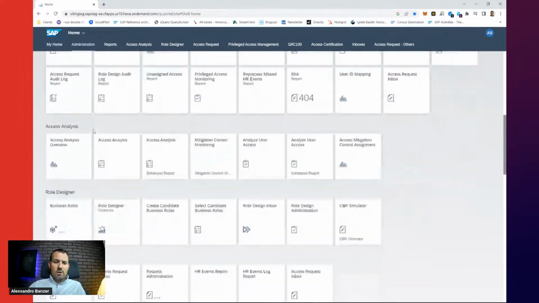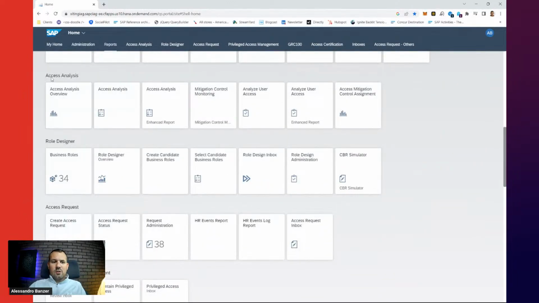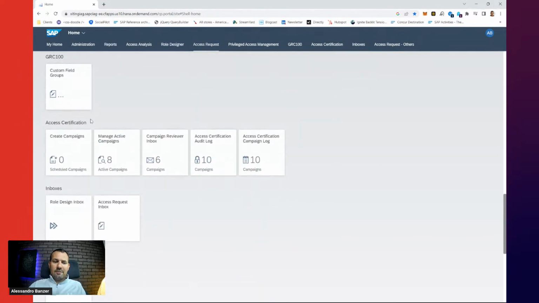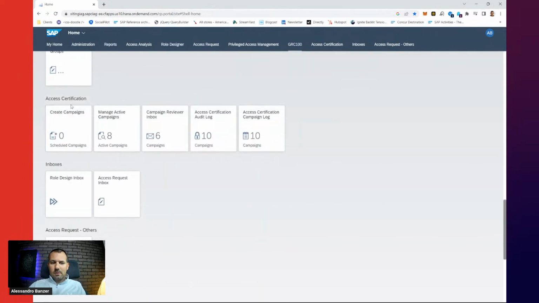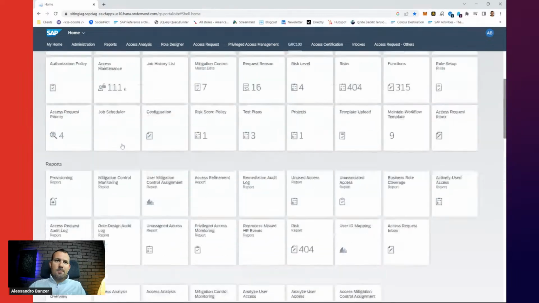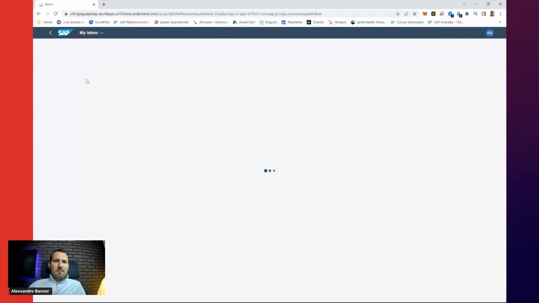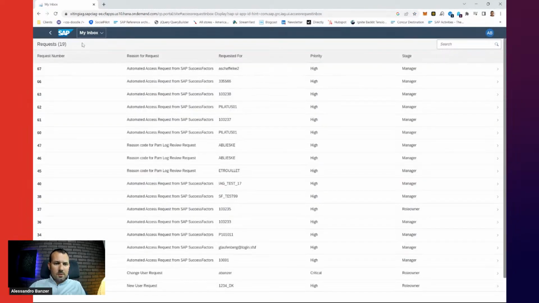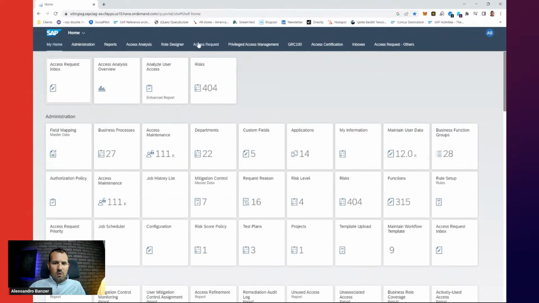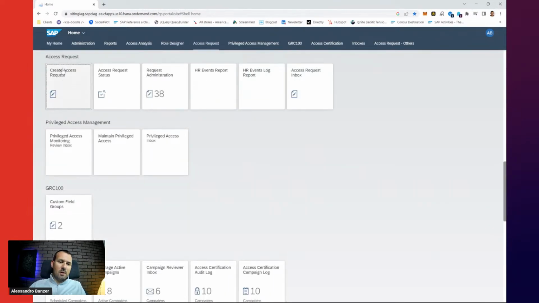I have different reports. And then for the different services like access analysis, role design, access request, and so on, I have different applications. So let me just start somewhere. Easiest will probably just let's look into like an access request. So just so we have seen it. As I've mentioned before, access requests can be started either manually, like I'm doing here. This is basically self-service. Oops, and I obviously took the wrong app because I wasn't looking properly.